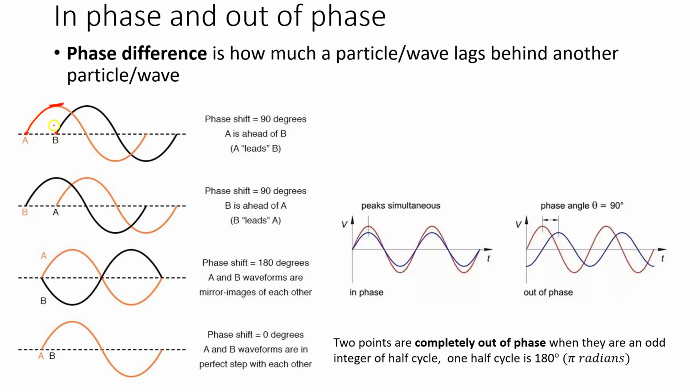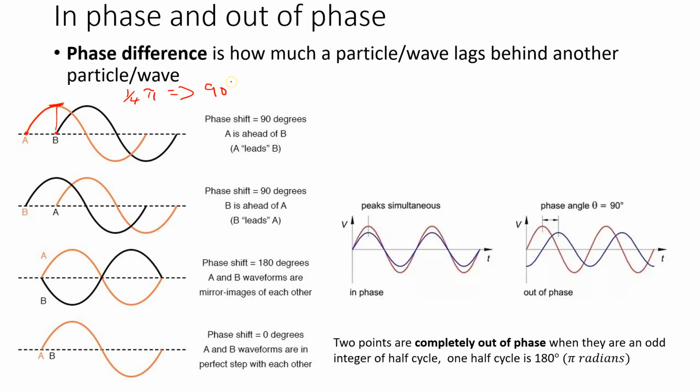So when we do this, we realize that this is where B starts. And if we extrapolate and go all the way up right here, then we would see that A is leading by an amount of, this would be quarter of a wavelength, right? Quarter of a wavelength. And quarter of a wavelength is really equivalent to 90